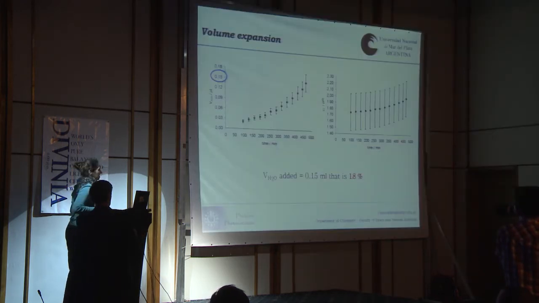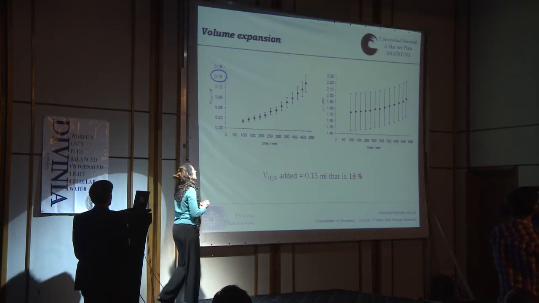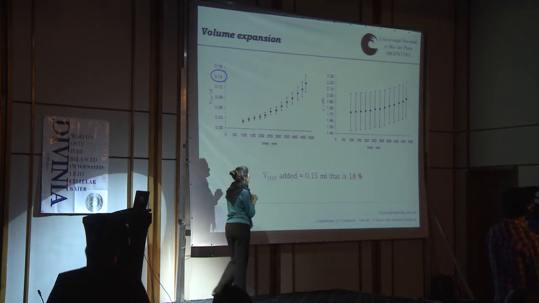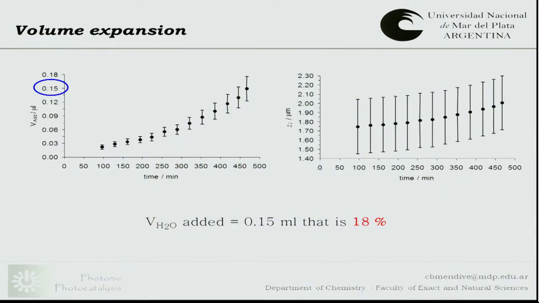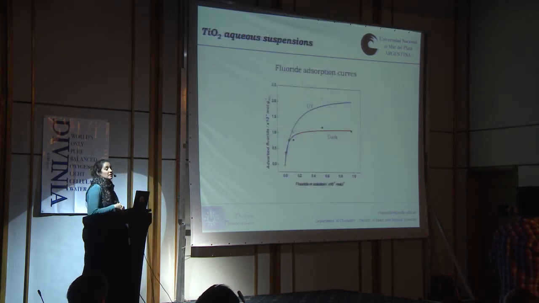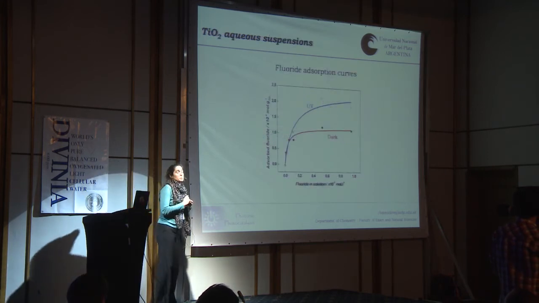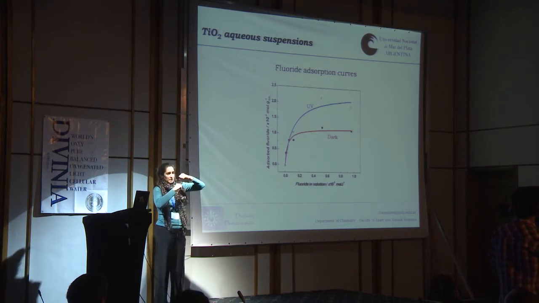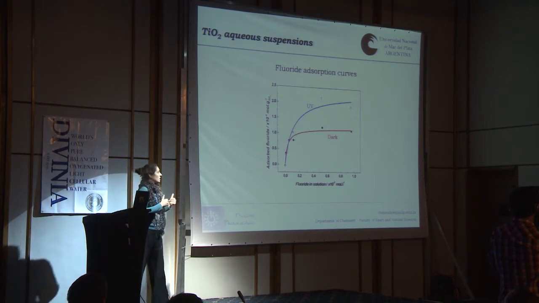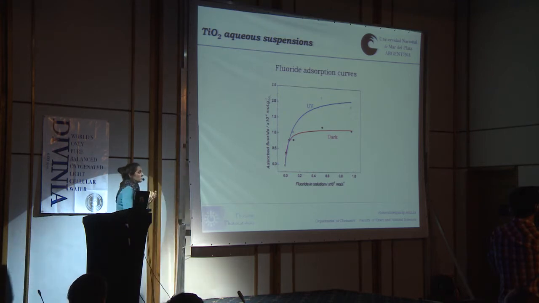So going through all the mathematics, we see that the volume that entered into my system after 8 hours of illumination was around 0.15 milliliters, which for that system would mean 18% more volume. So it's quite a lot more water entering the system. And this would mean, in principle, that the particles separate from each other in order to elongate this axis and make the volume bigger. Then we started thinking, well, something is going on with the particles, why they separate from each other,